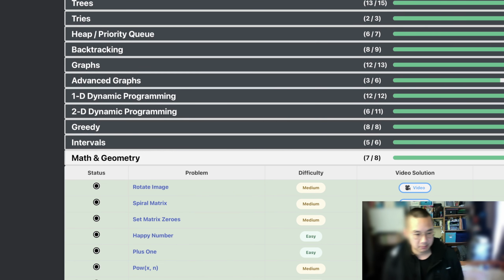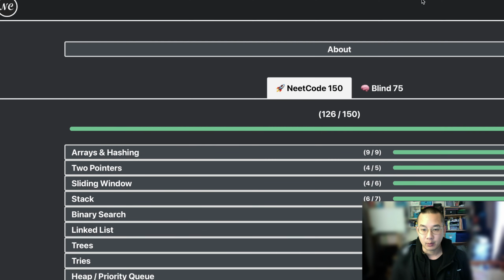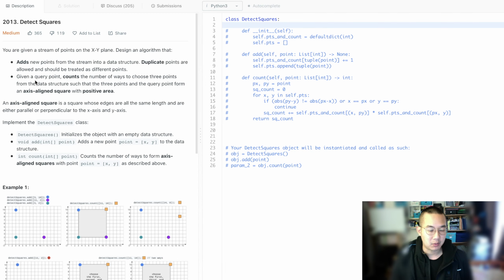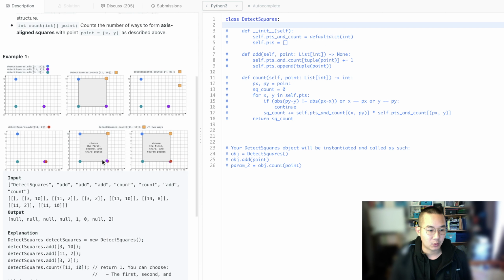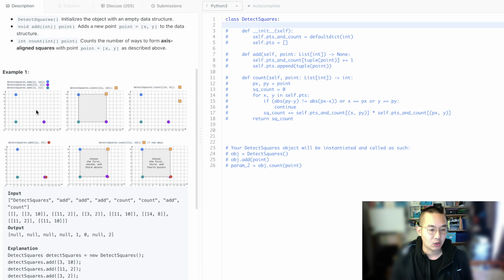This is our last math and geometry problem. This is a pretty interesting problem, number 126. So what is this problem? This problem is to find out how many ways we can get squares. So basically we get one item and we find out how we can get all these points together and create